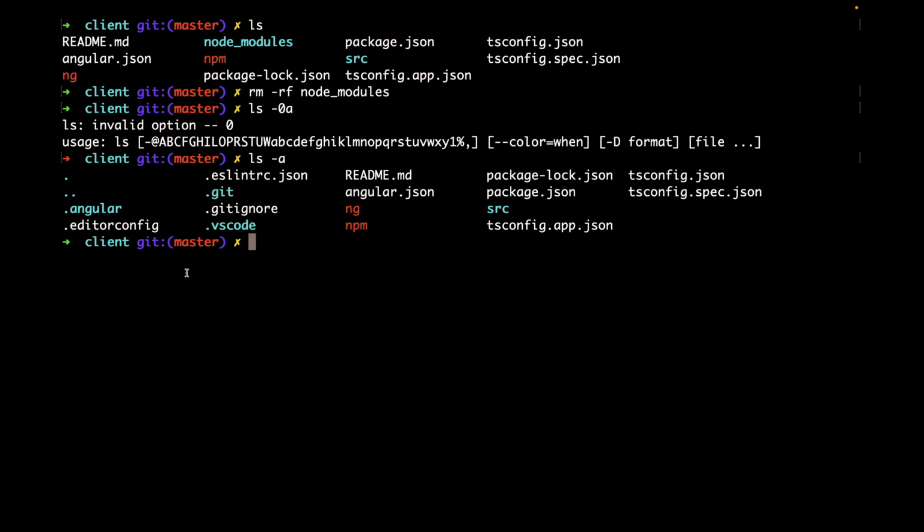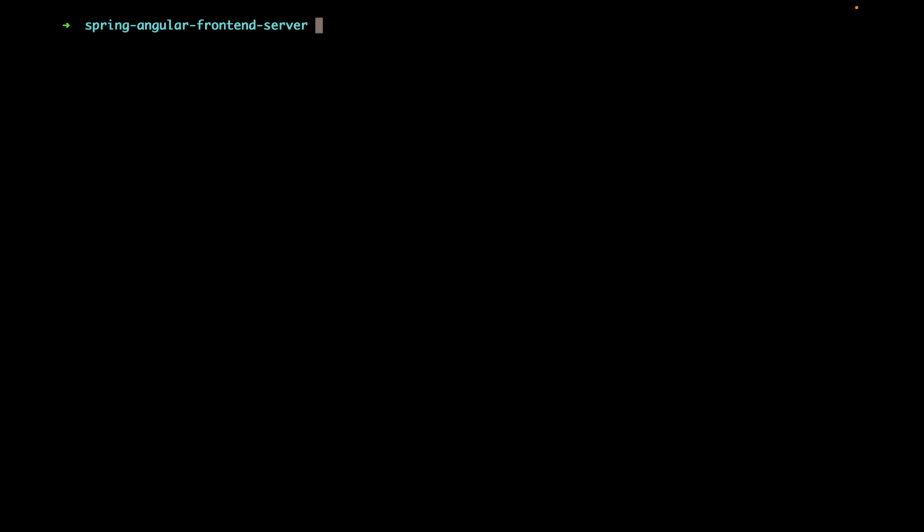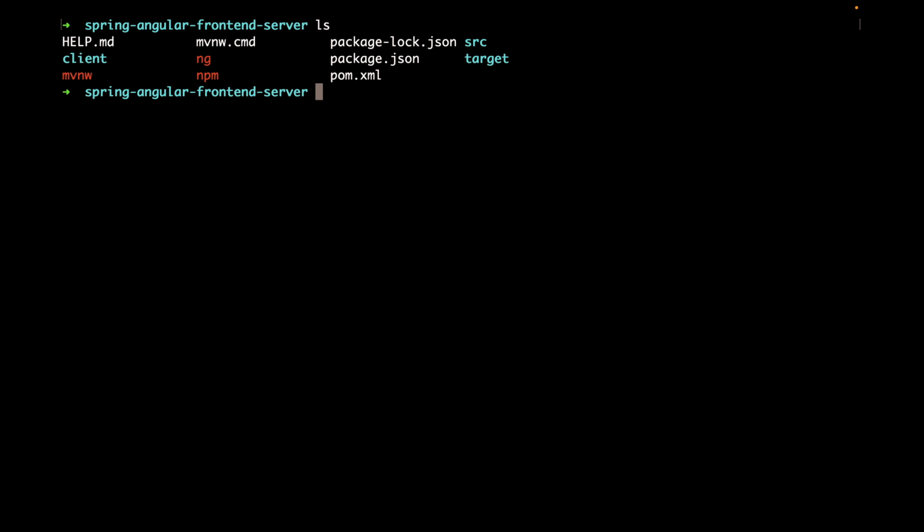So apart from that, everything is important for source code. And let's go to parent, and here as well. Let's remove node and node modules. So we have removed everything from both the directories,